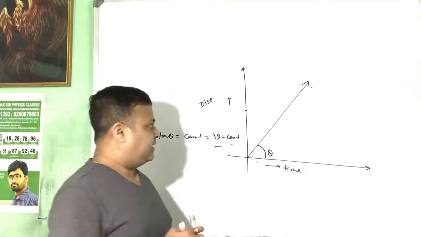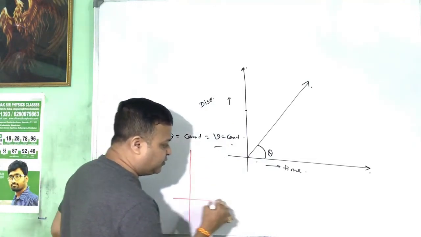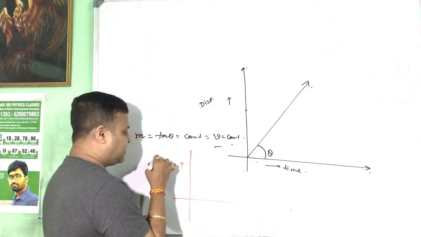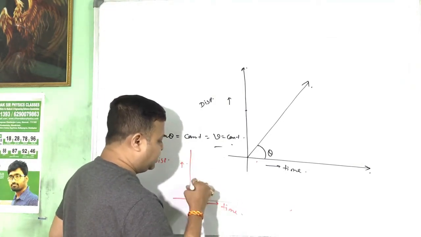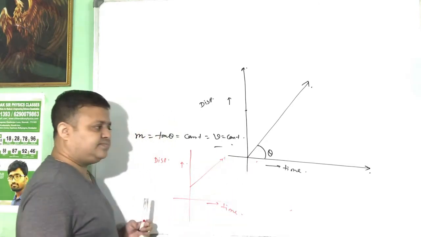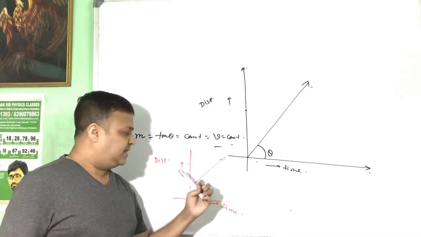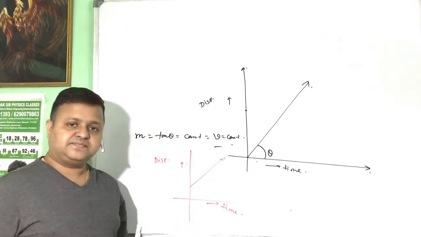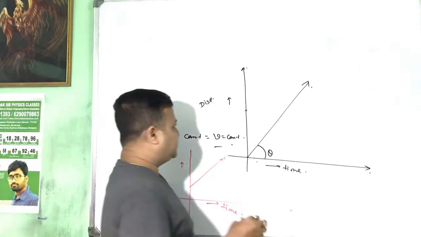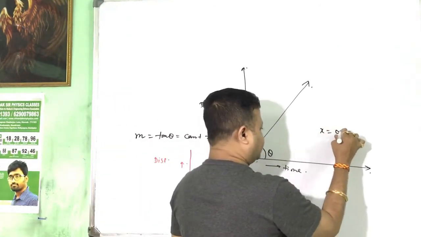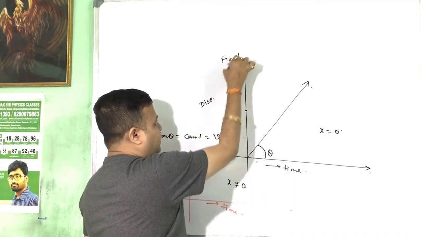Here the initial position is 0. If the initial position is not equal to 0, তাহলে কোথায় কি হবে? যদি not equal to 0 হয় তাহলে এখান থেকে স্টার্ট হতে পারে। এখানে ইনিশিয়াল পজিশন 0 বলে এখান থেকে স্টার্ট হচ্ছে, ইনিশিয়াল পজিশন not equal to 0 বলে এখান থেকে স্টার্ট হতে পারে। তাহলে এটা লিখে রাখবে the initial position is 0, here initial position not equal to 0. দুটো ফিগারে ড্র করব, ফিগার 1 and ফিগার 2।